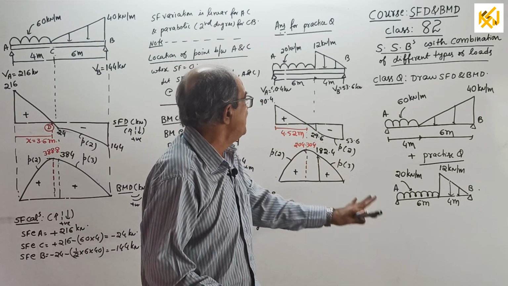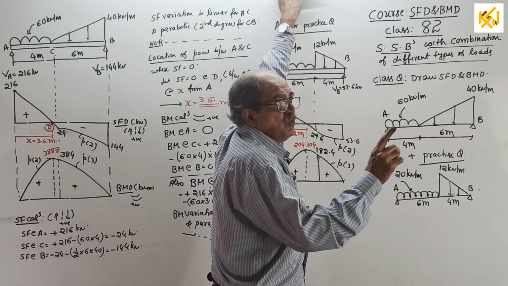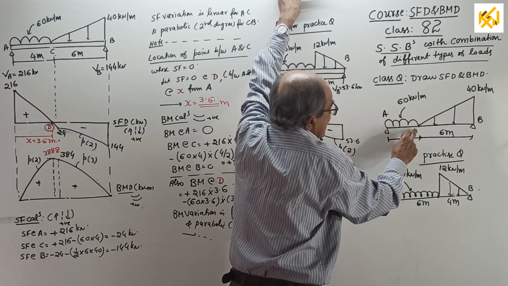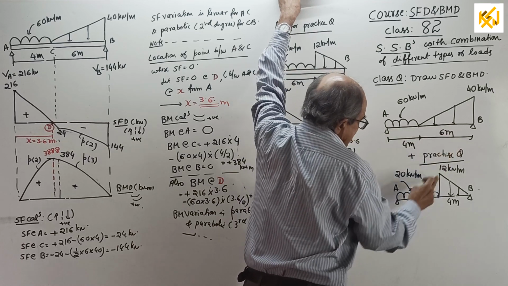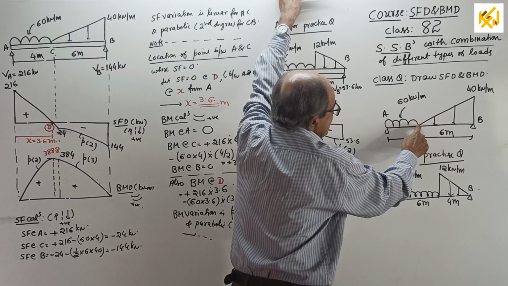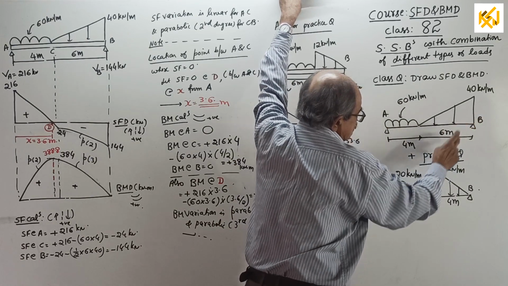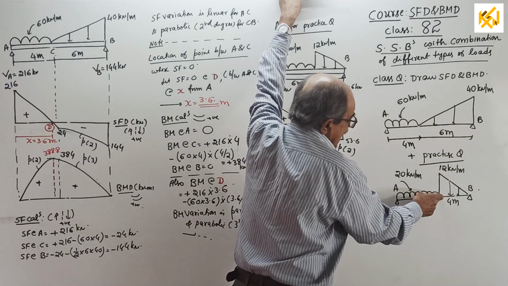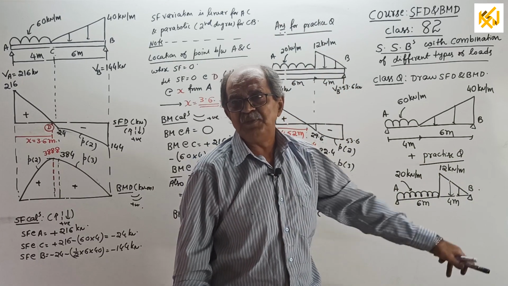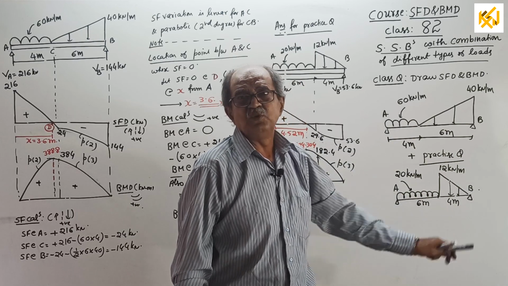The only change between these two questions is, when you find the reaction, total load into, when you take moment about A, 4 plus 2/3, here 6 plus 1/3. Then, in the SFD, here 0 slope on this side, here maximum slope. Here the slope is maximum 12, that side the end slope is 0. That is the only change for that question. Thoroughly practice these two questions.